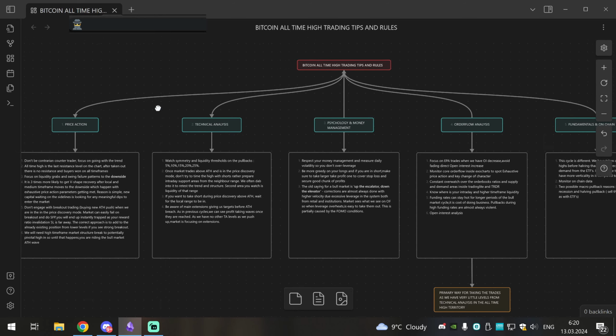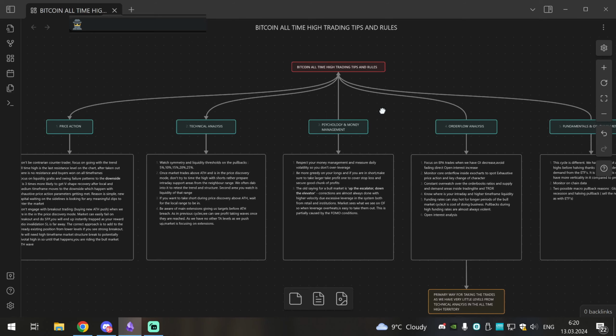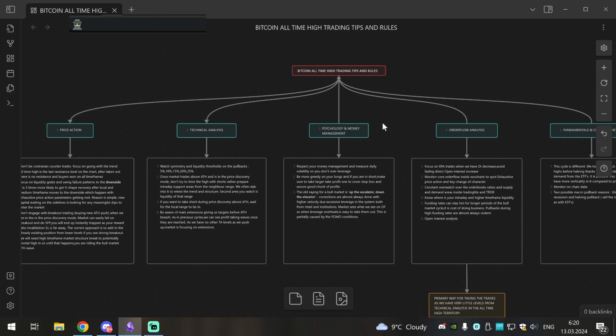Each time I go over a step, I will be showing you an example as well. So I think this video will be a great lesson for you, so you can apply this. Some of the rules here also apply to the bull market overall, but all-time high trading is very specific and you don't want to burn yourself, because especially on Bitcoin, which in the previous cycles made significant performance to the upside. So yeah, you really need these strategies. So let's dive into it. I hope it's gonna be useful, especially for those who never experienced it.